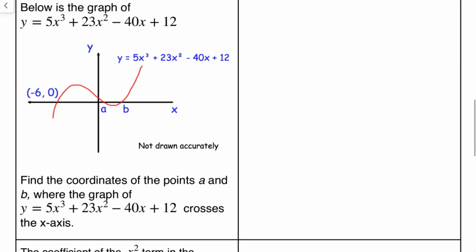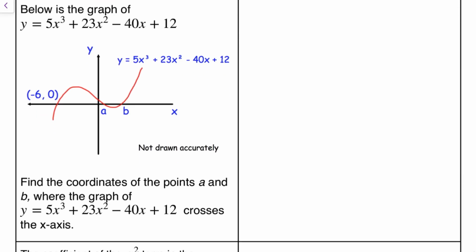Next question. Below is a graph of y; find the coordinates where it crosses the axis. Okay, this is verging on a first year AS type question. It gives you a graph, I want you to interpret the graph and then do some maths to get certain answers. What you need to know is, I don't know how explicit this is said at further maths, but it is the case that if I can solve this, so for example, what I mean is,